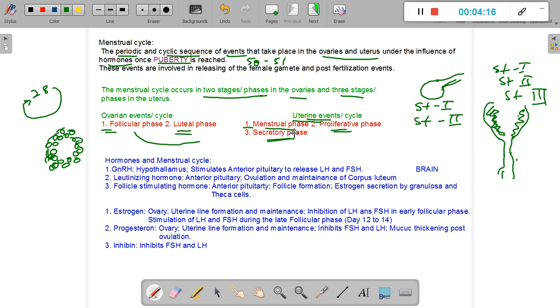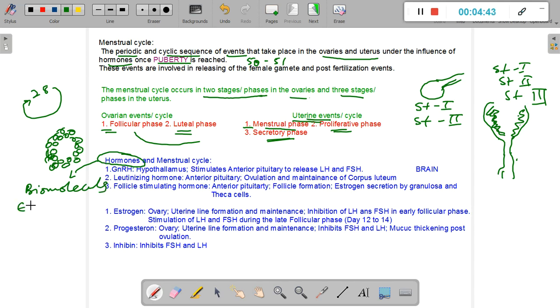Now, let us go to the next aspect, which is the hormones. Always bear in mind that hormones play a central role in the process of the menstrual cycle. First of all, let us define what hormones are. Hormones are biomolecules, primarily steroids, and they have a lot of fatty acid component in them. But hormones are biomolecules